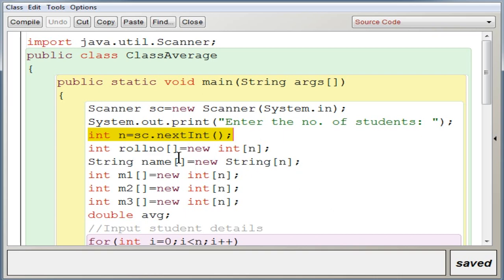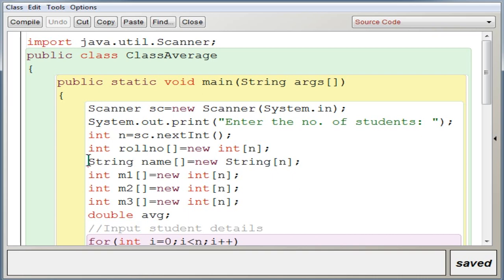Now based on this, you are going to declare the remaining 5 arrays. As the question suggests, you should declare 5 arrays. You can see how to declare it with n number of elements. So you can see int roll number, open and close square bracket, equal to new int, and within the square brackets no numbers are given. You can see an alphabet, that is n, which is nothing but the number of students which has been stored. So based on this input, automatically the declaration will be executed. That means if the n value is 10, then these 5 arrays will define 10 empty boxes where you can store the values.